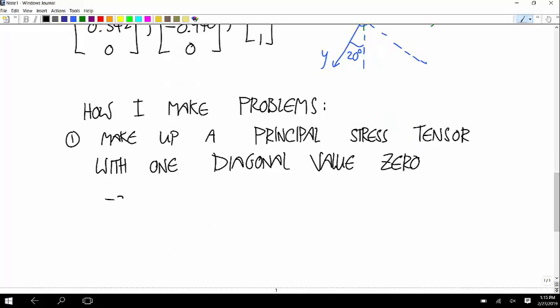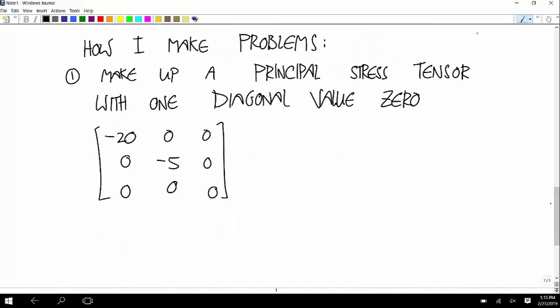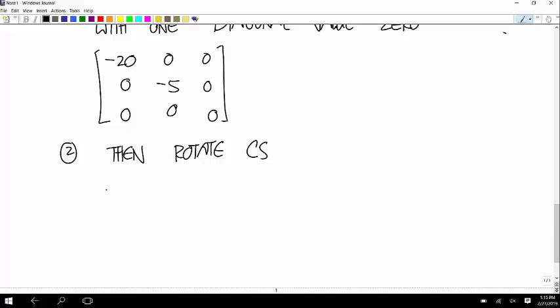So let's say -20, -5, 0. Then I rotate the coordinate system. So let's say this rotation matrix is going to be equal to,